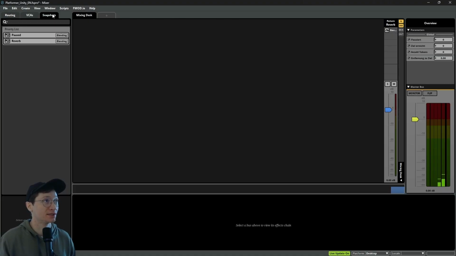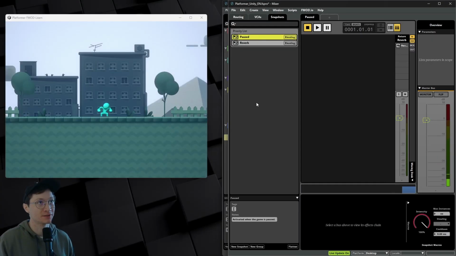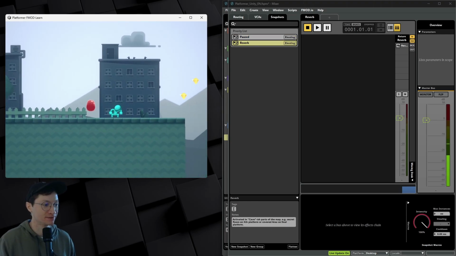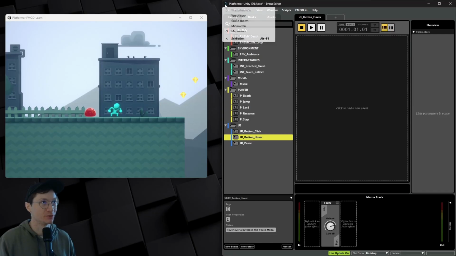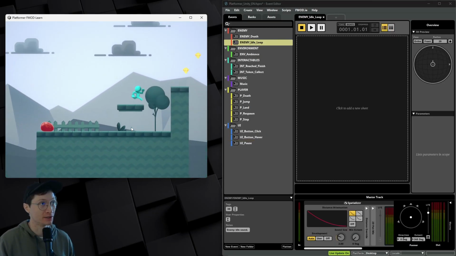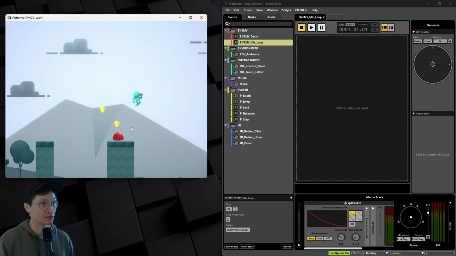I've implemented some snapshots. It's a bit difficult to anticipate what you could possibly be interested in. So for example, in the platformer project over here, we have 2 snapshots: paused, which is triggered when the game's paused, and the other one when you're in some cavey areas. I really have to mute that music. So to quickly show where the snapshots are triggered,